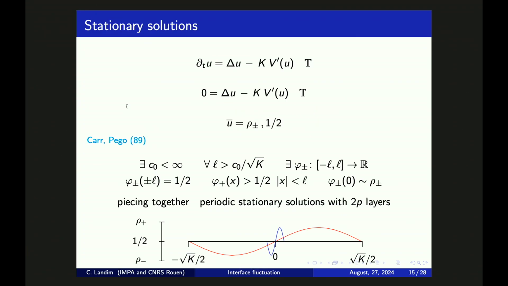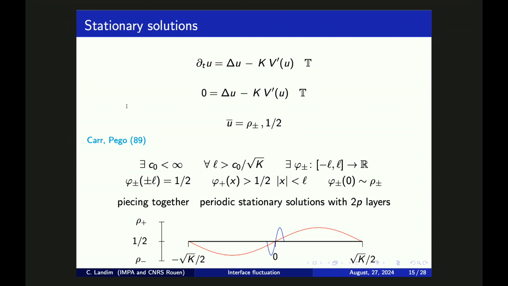And to explain the results, let's remind what are the stationary solutions of this equation. So we are in a one-dimensional torus, and consider the stationary solution. What you can prove is that there exists a constant such that if the size of your torus is larger than this constant divided by the square root of k, then you can find a solution of this equation in the interval minus L, L, which